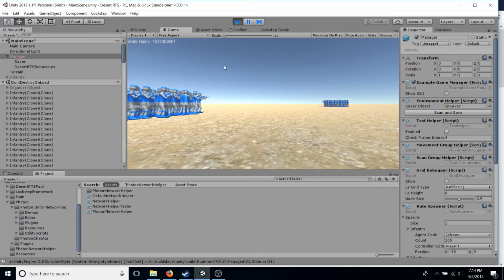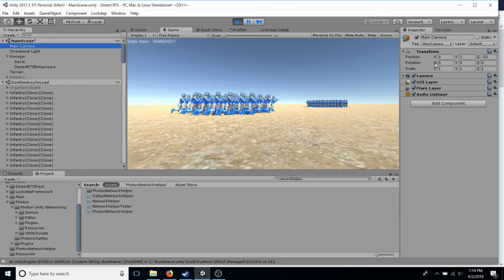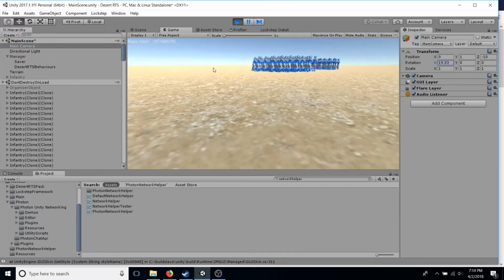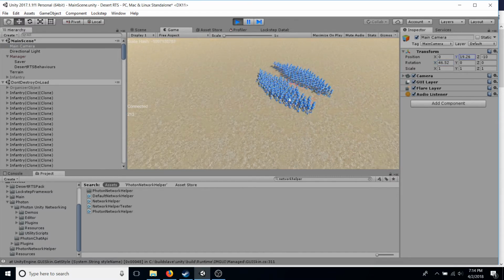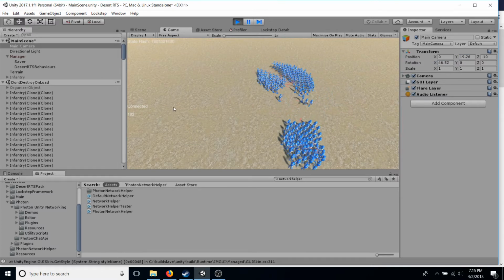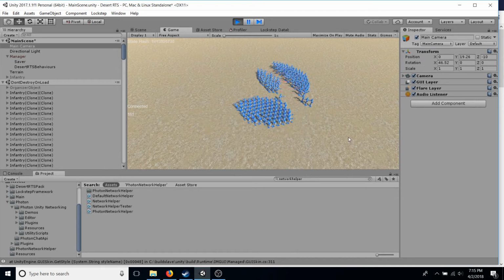Wait a little bit. As you can see, everything spawns in correctly. The timescale is a little fast just because the frames are trying to catch up. Whenever it lags, we're a little behind. But as you can see, there's a little lag between giving the command and then the units actually moving. And the reason for that is,